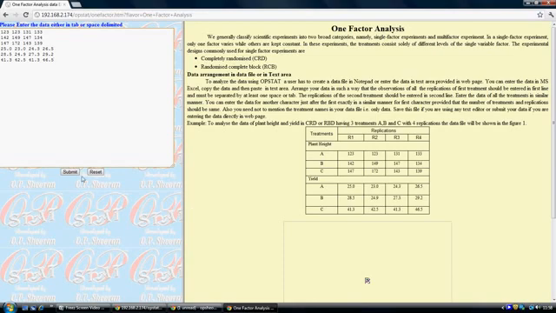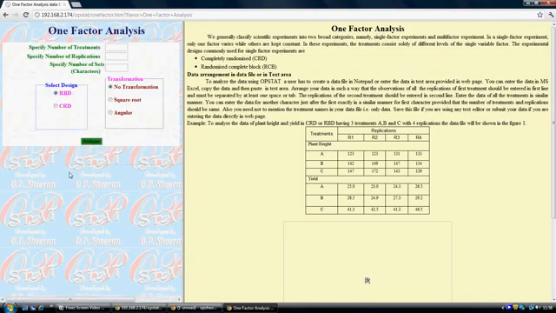After entering the data, submit this data for analysis. This will take you to another screen. Here you have to specify the number of treatments. In this case we have 3 treatments. Number of replications we have 4, and number of characters, that is plant height and yield, 2. Then select your design. You can select RBD if your layout is in randomized block design, or CRD, completely randomized design. So in this case data is for RBD, so I select RBD.